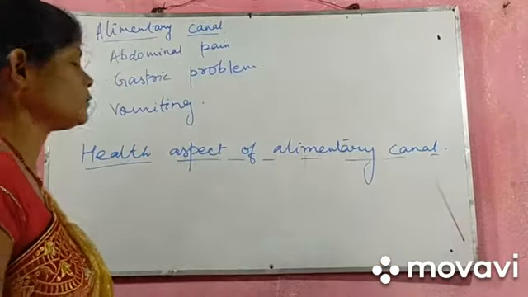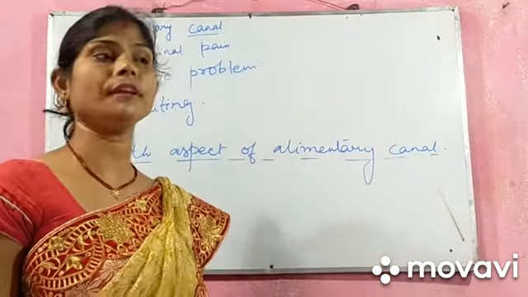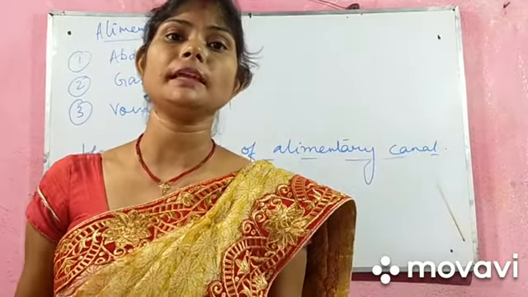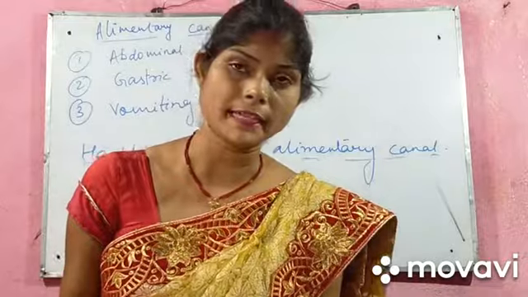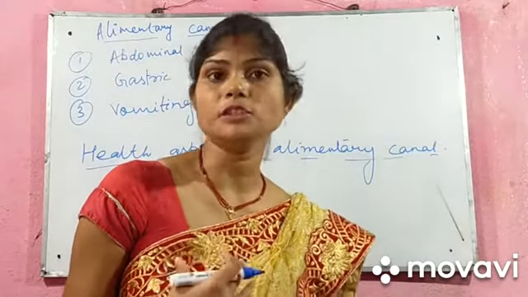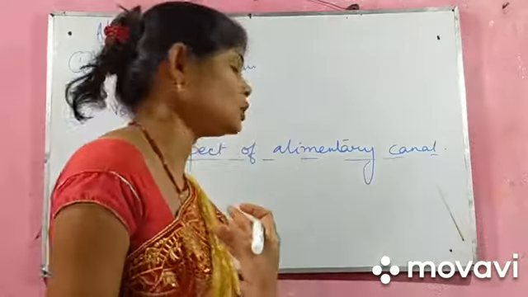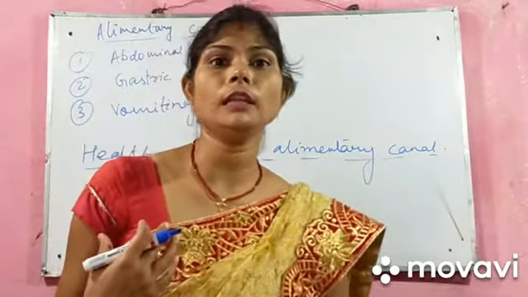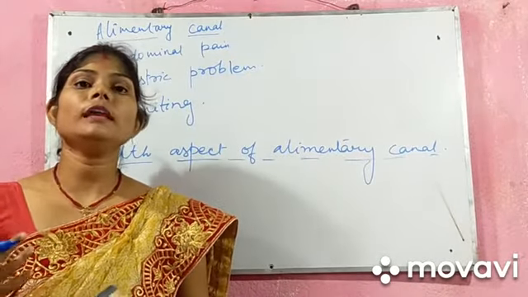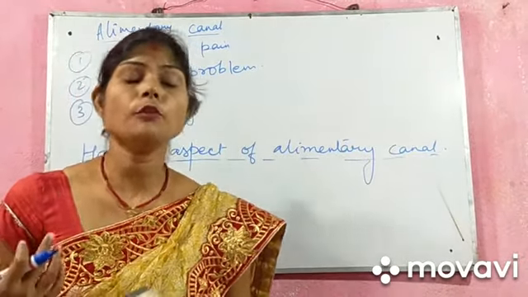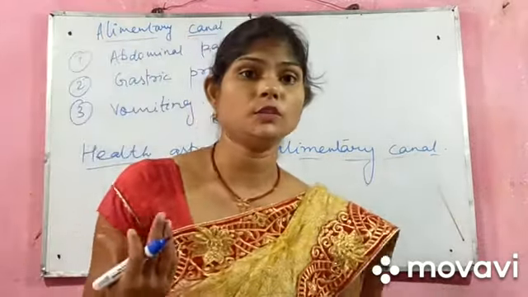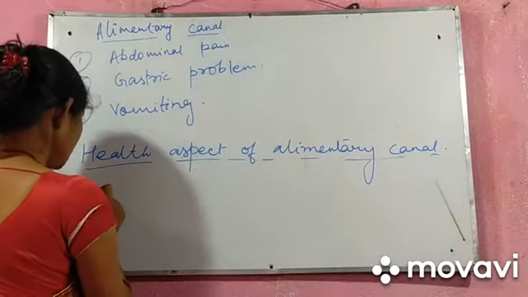What happens in this? We treat our stomach, our abdomen, our intestine very badly on occasions by eating lots and lots of fats which are not digested by our alimentary canal. Then we suffer from gastric problems. We always feel that our stomach is very heavy. We feel some digestion problem. We feel nausea and we just vomit. So vomiting is a process. What is vomiting?